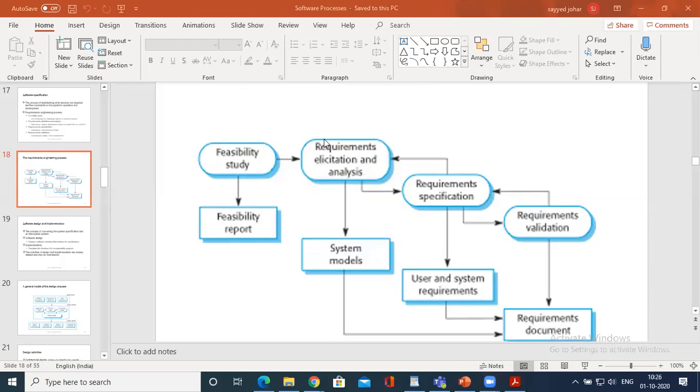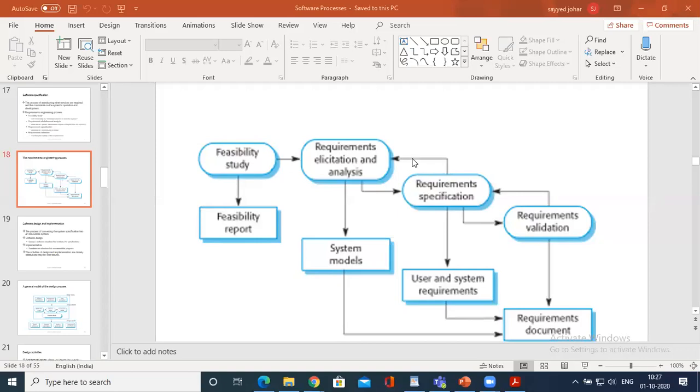Based on this, a requirement will be targeted; in the sense, we will finalize the requirement. So that is called requirement specification. So you could see the communication: once you gather the requirement specification, again you collect from requirement elicitation and analysis.